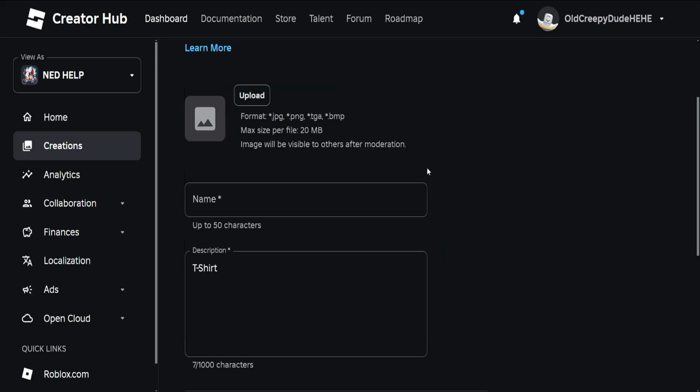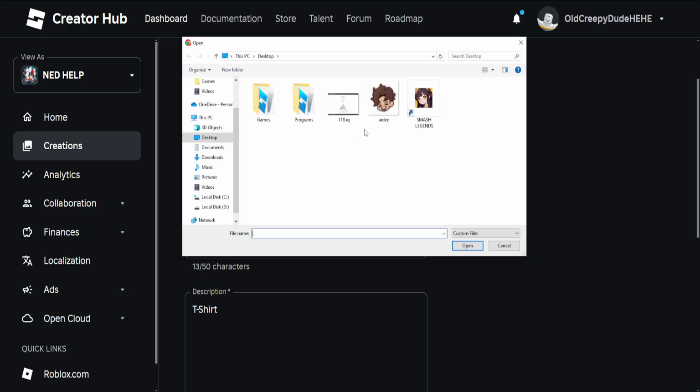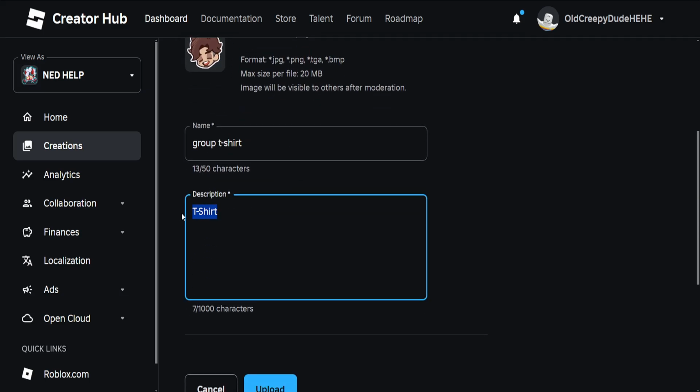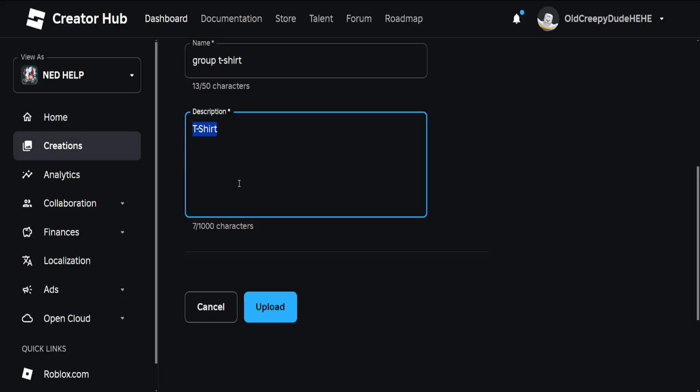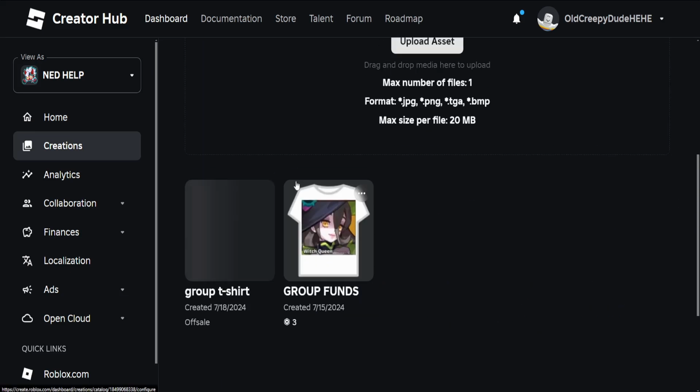Click on upload asset, set the name here for group t-shirt like this, then click on upload here and select the design which we want to add on our t-shirt, and we can write a description here. So after we have filled out all of this information, we will click on upload like this, and now we